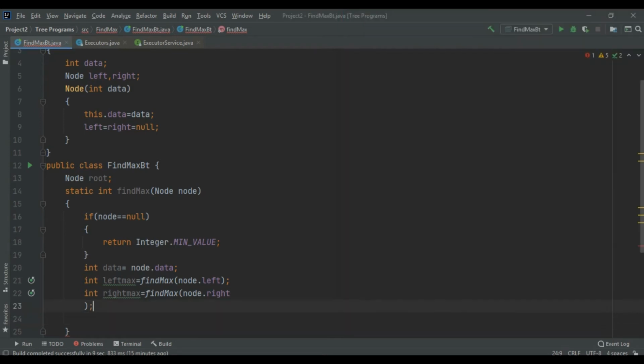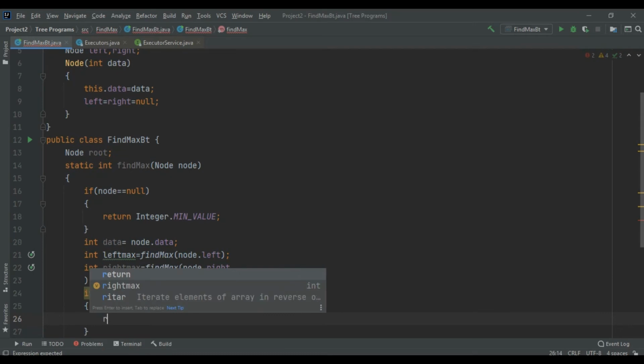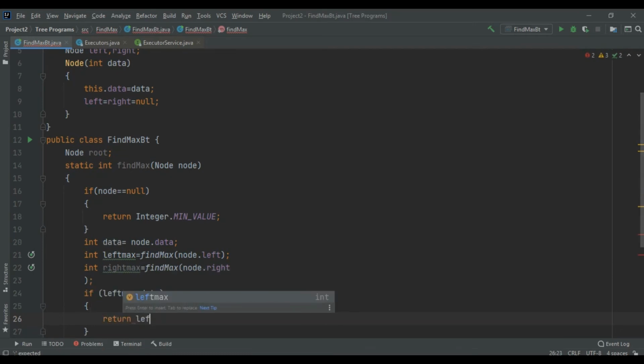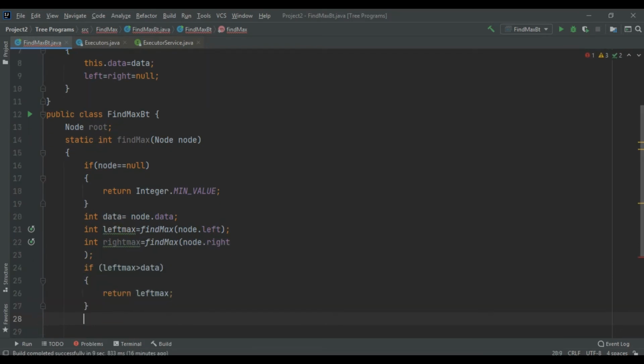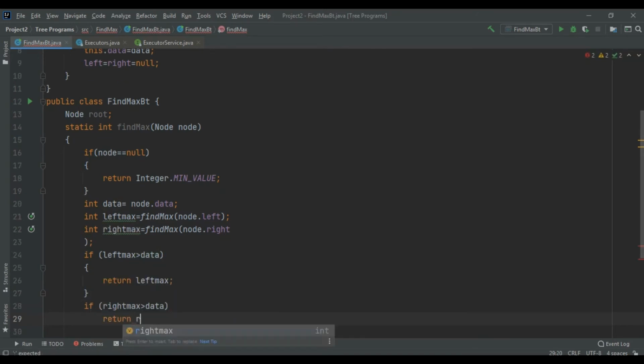So now we would be comparing. If our leftMax is greater than our data, then return leftMax. If our rightMax is greater than data, then return rightMax.